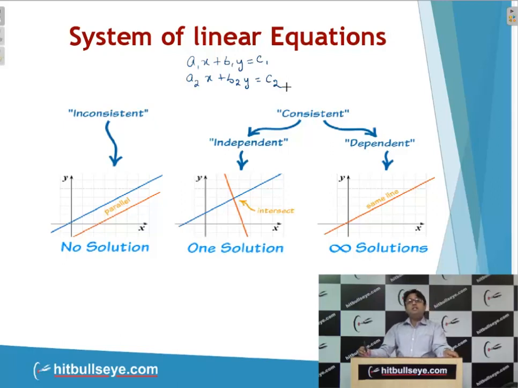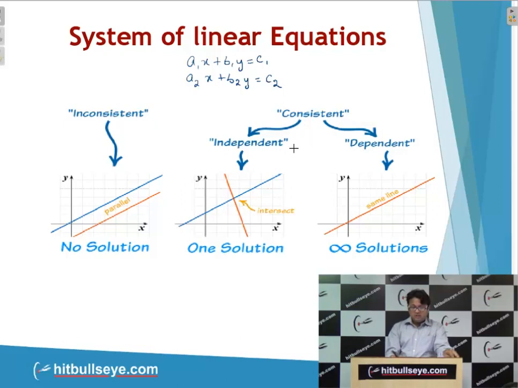Now, because the linear equations represent a straight line, it is not necessarily true always that the given set of two equations will always give us the unique solutions for x and y. So, the equations whose answer will exist will be called consistent equations, and the equations whose answer does not exist will be known as inconsistent equations. But let us have a brief idea how one gets to know that a set of given linear equations is solvable or not solvable. As you have seen in this diagram, consistent equations are of two types.